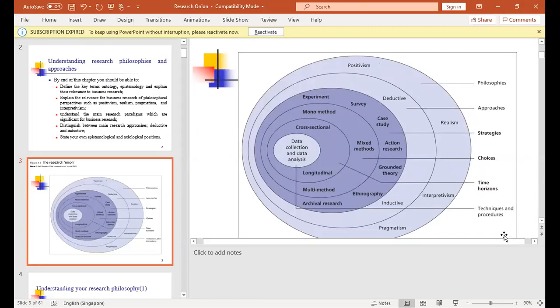If it is quantitative, you know the path, no? Positivism, deductive, survey, mono method, cross-sectional. If it is mixing, where you would like to have a quantitative research and also a set of interviews,